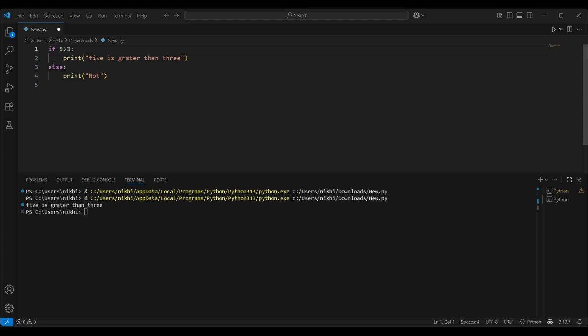A comment is used to explain the code or stop the execution of the code. There are two purposes of a comment. The first purpose is to explain the code. While commenting anything in Python, you have to use the hash. So I'm using hash, and I'm explaining the code like this is